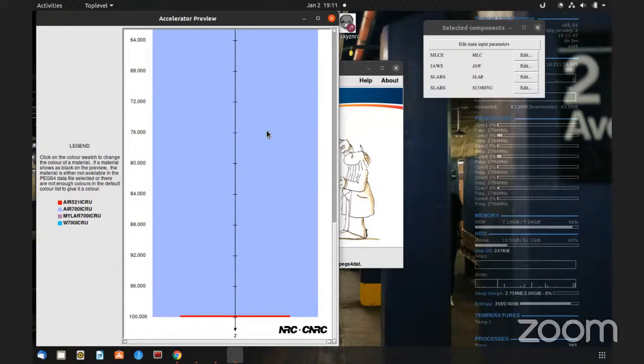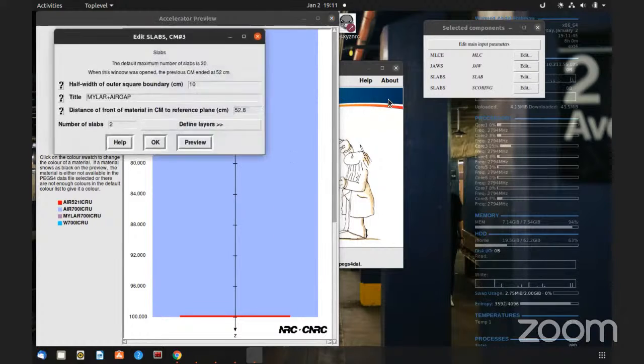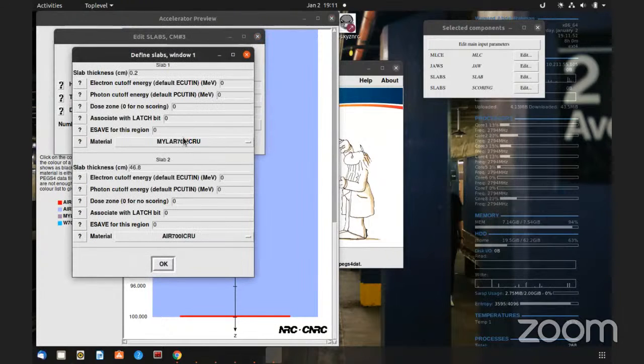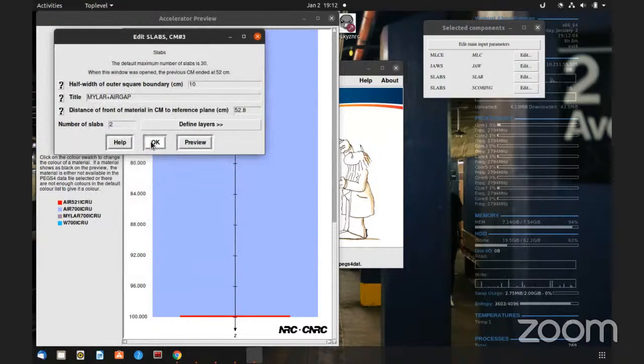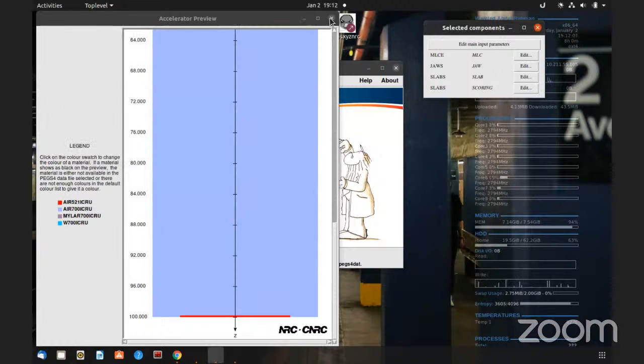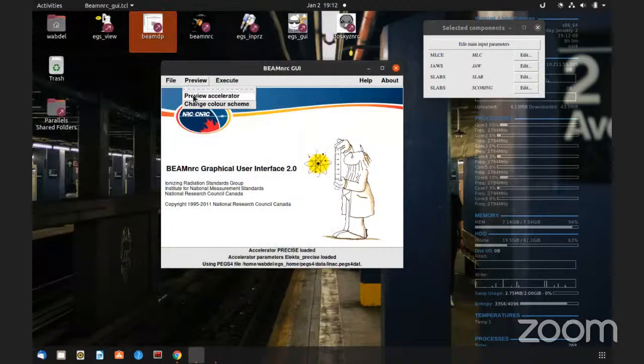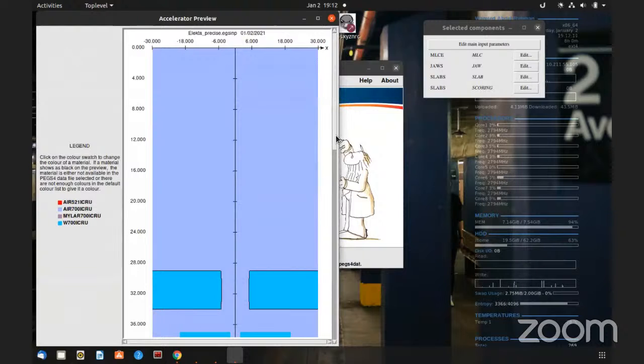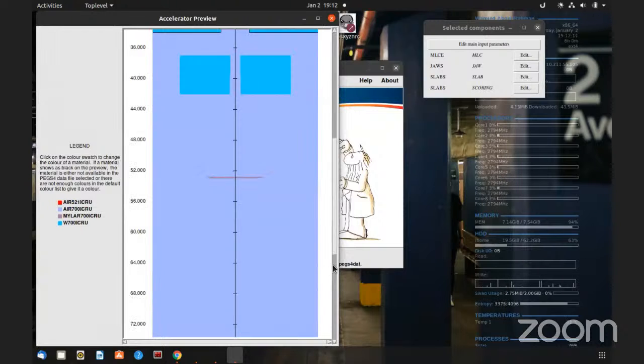Distance of this air slab. Here you have it, let's say 46 centimeters. So if I want to record something at, let's say, 60 centimeters, I'm going to put this to be at 6. So I remove 6 centimeters, 40 centimeters. So when I do preview, then everything should now be at,